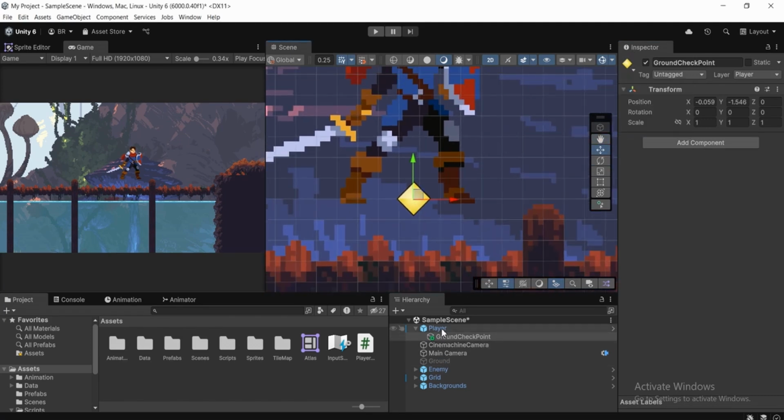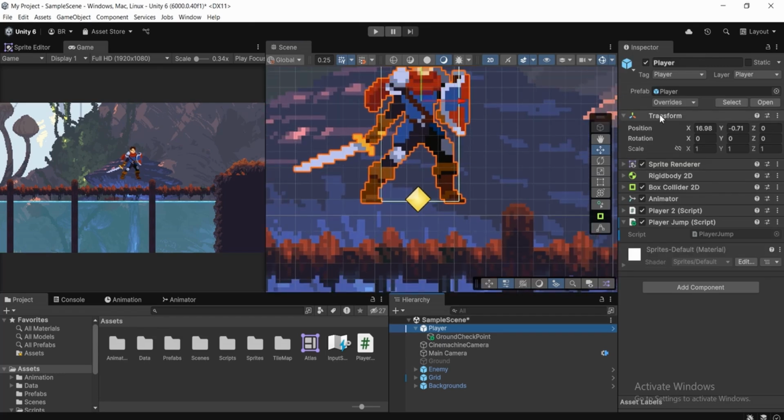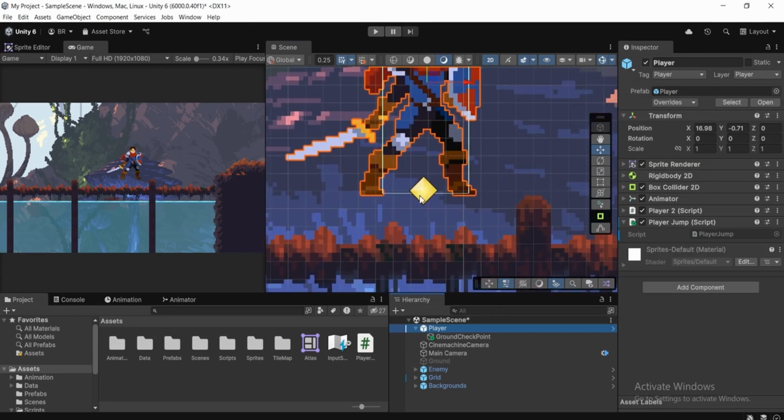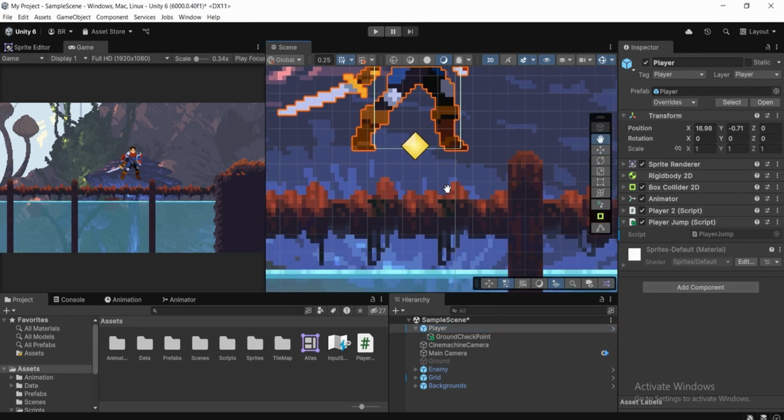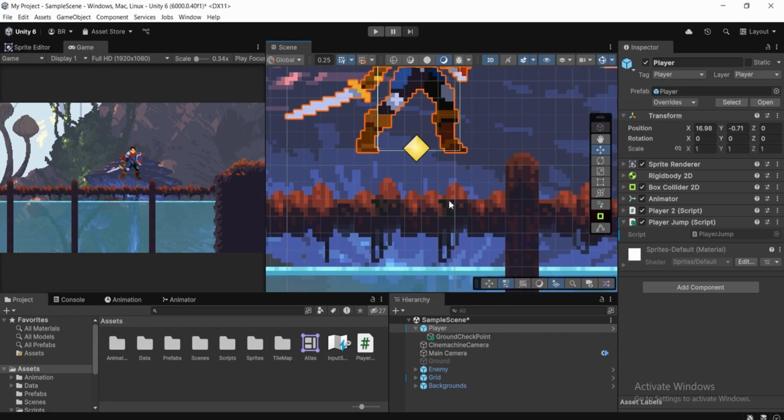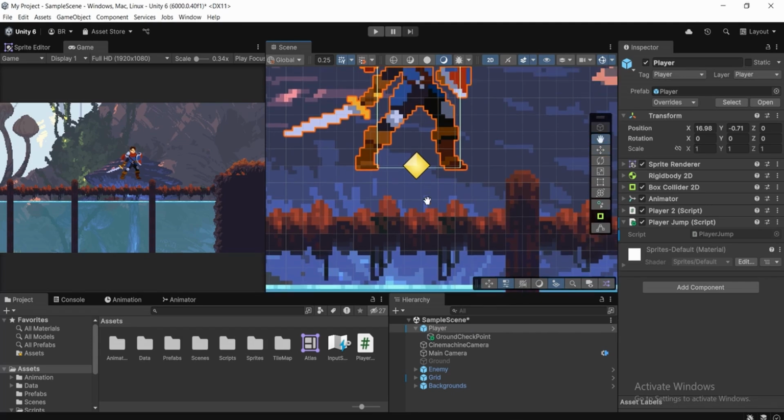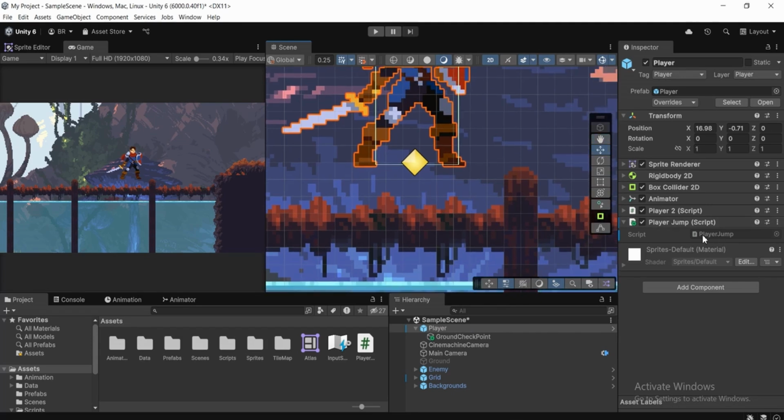So basically we need a reference of this point, as well as Rigidbody2D, as well as a layer mask, basically which game object we want to target. So we want to target this ground game object, so we're gonna create a layer mask for it. I'm gonna explain that. So let's open up our player script by double clicking on it,